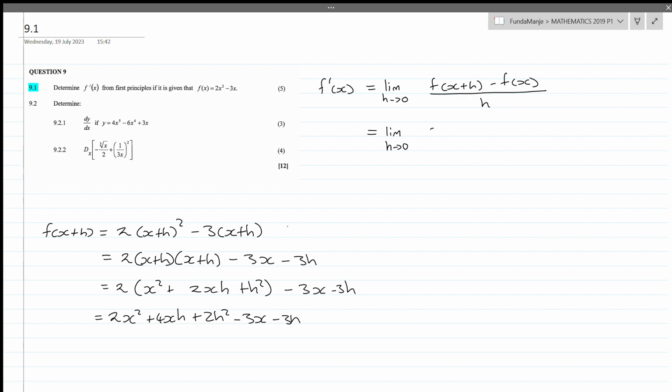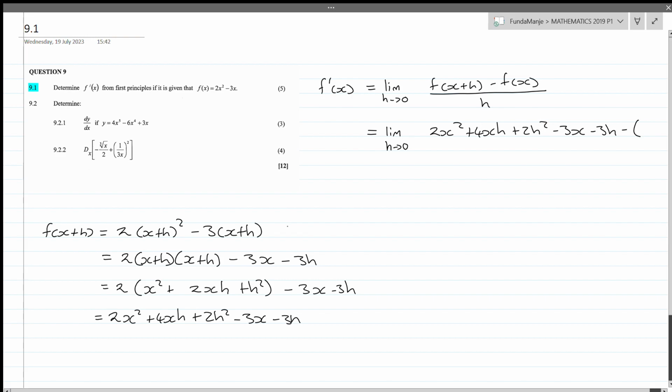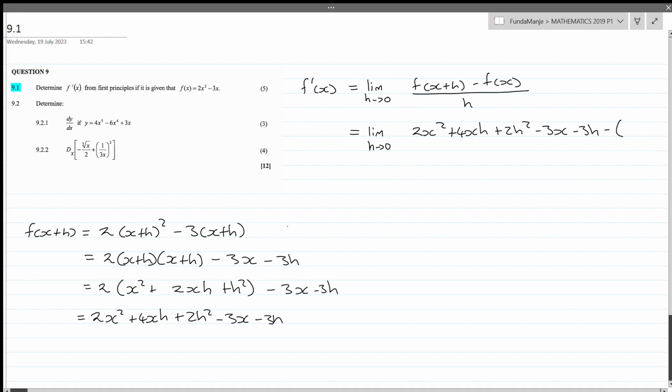We have 2x squared plus 4xh plus 2h squared minus 3x minus 3h, and this is minus just the normal f of x, which would be 2x squared minus 3x. So 2x squared minus 3x, and then this is all divided by